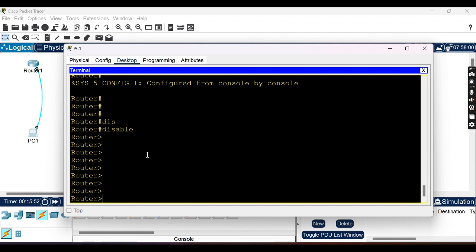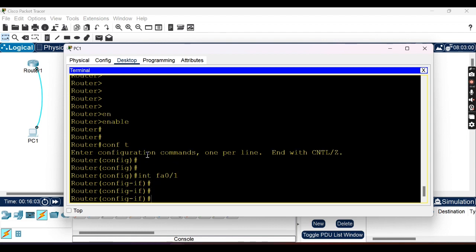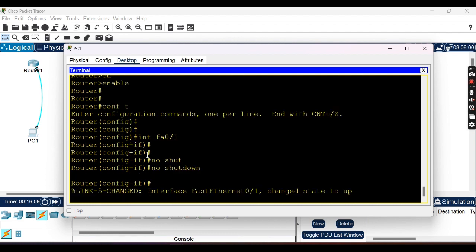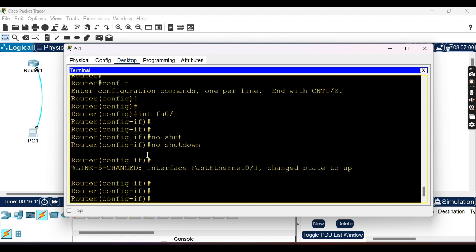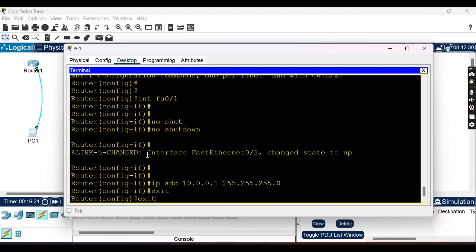Now see what I'm doing. I will simply say enable, configure terminal, in short conf t, and then interface fast Ethernet 0/1, like this. Then define the configuration, like this port is by default in shutdown mode. I can give no shutdown. Your port is up. I can define the IP addresses for this interface like this. Done. And I can say exit,